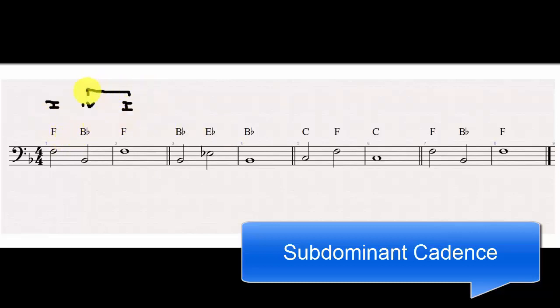Now there's no arrow. I've just put that arrow to show you where it is, but there's no arrow in a subdominant cadence, right? You only put an arrow in when it's dominant movement, 5 to 1, some kind of perfect fifth type movement. Okay. So the actual lines here are tonic, I'll just put that in. Look, tonic, subdominant,